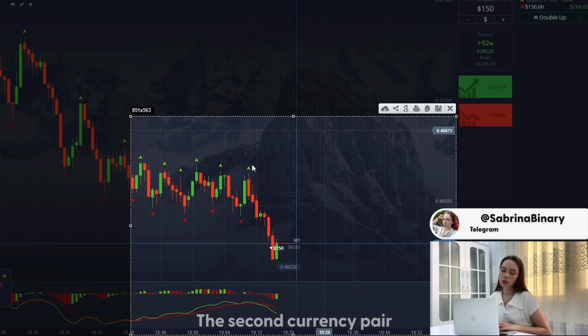But in this case, I will open a deal on the price decrease. I did it because on the fractal indicator before opening our deal, the local maximum was updated, which tells us about the price decrease. And on the MACD indicator, we see that now the lines don't cross and both are directed downwards. And there is a signal line at the top. This all tells us that the price is declining, but while there is time left, let's take a closer look